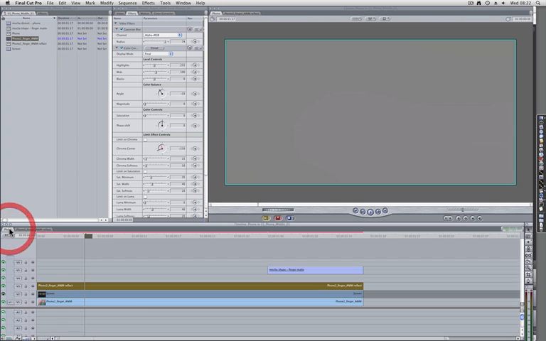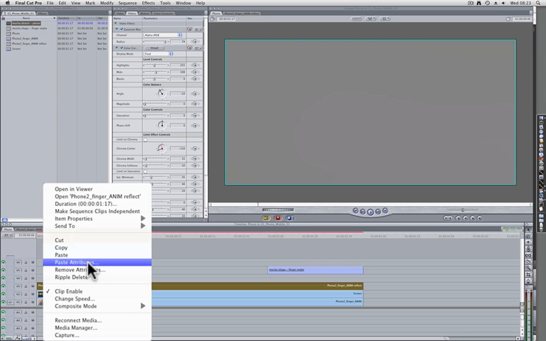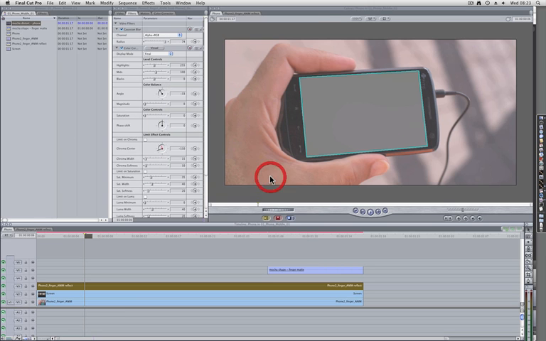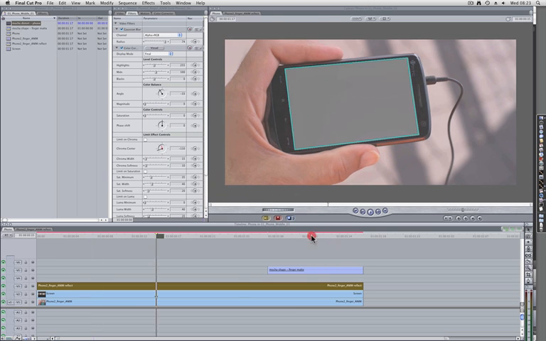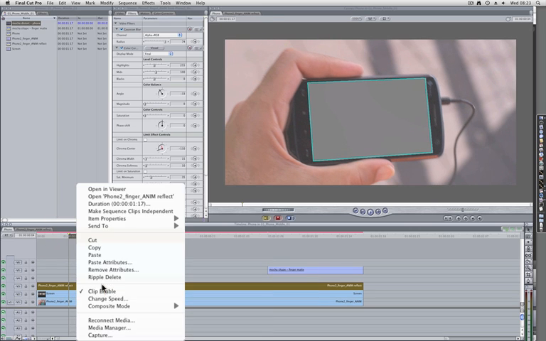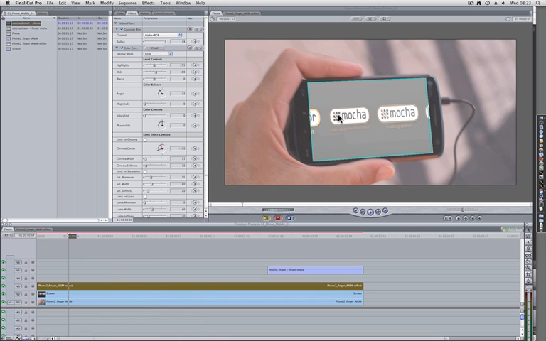of the screen. So let's come back to our original sequence. Just going to turn back on our screen layer. Then what we want to do is copy our distort data again and paste the attributes down onto our reflection. Again, choosing distort. And there we have a nice lovely grey reflection layer. We can then go ahead and go to our composite mode and choose screen. Now it's a bit light at this stage, so we can also add in some opacity, but